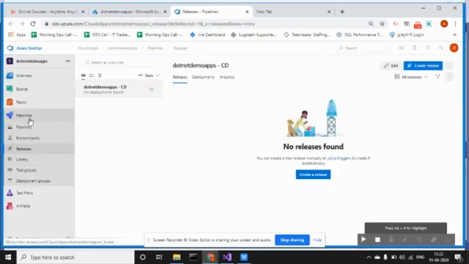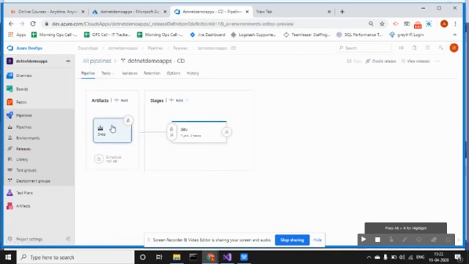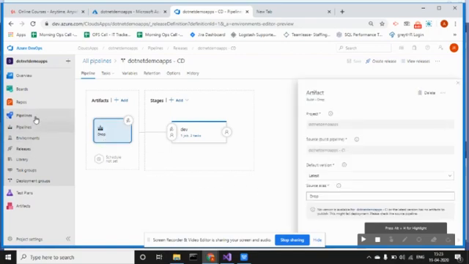So we'll go to this Azure DevOps project. So here it will create my release pipeline. So these are the tasks. So here, if you go here, once your code is built, it will deploy into this drop location, and this drop location is where my code is.